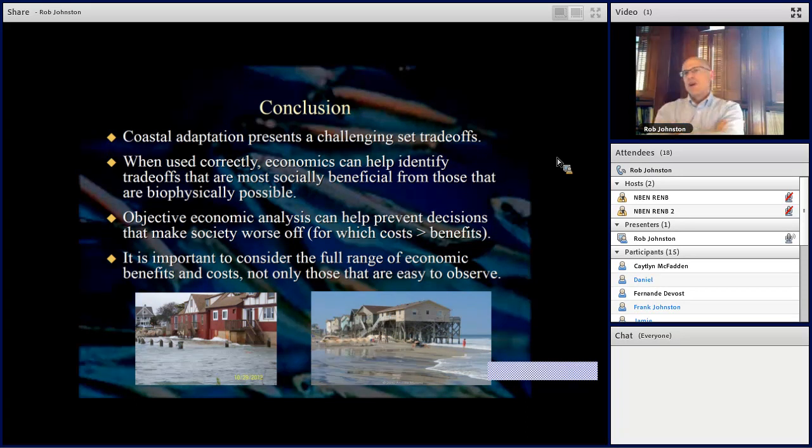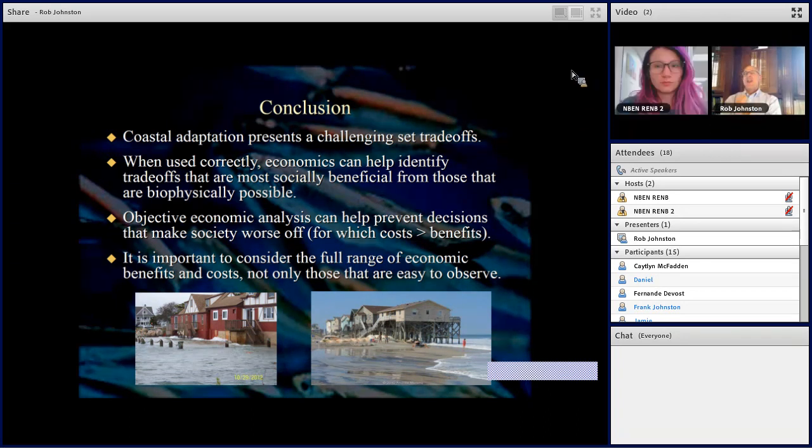And the final thing I just want to emphasize is that it's really important to consider the full range of economic benefits and costs, not only those that are easy to observe, because sometimes the hardest to measure things are the things that